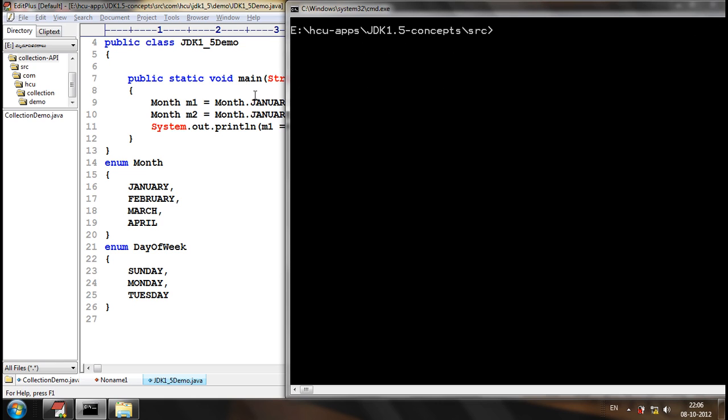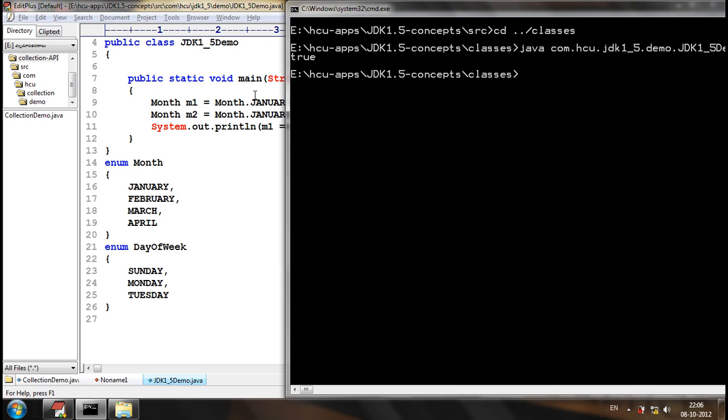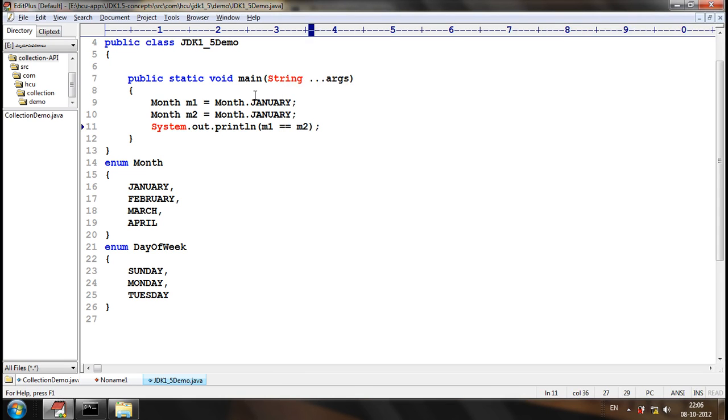Even though the references are different, the enum object that we are pointing to is the same. The enum object will not change. Even if we have 100 references, the enum object will be the same. The enum constant will be the enum object. So this will become true.